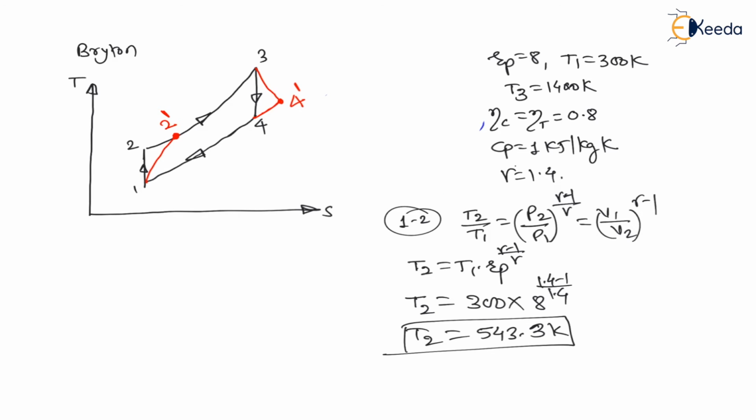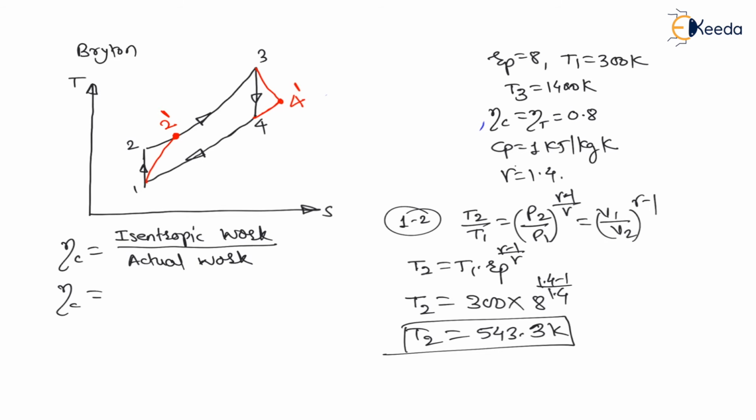Now, my dear students, after calculation of T2, use the efficiency of compressor formula. Now, 1 to 2 dash is the compressor, right? And compressor is a work consuming device. Therefore, any work consuming device will consume more work in actual cases. That is, 1 to 2 dash will consume maximum work as compared to the isentropic case. Therefore, efficiency of compressor is isentropic work of compressor divided by actual work of compressor.